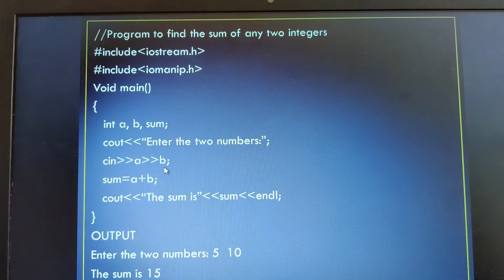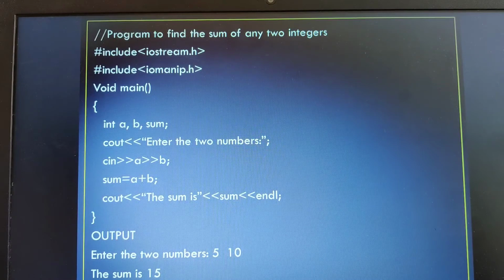Any number of values you can read by using the cin object. Just remember cin stands for console input, which makes use of the stream extraction operator to extract the contents from the keyboard and store them into the computer memory.